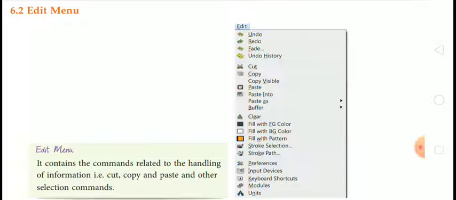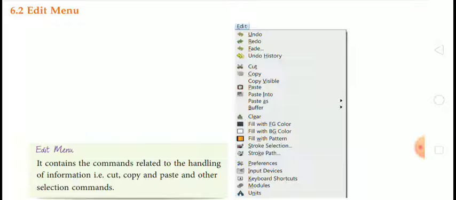The next is copy visible. Paste option: what you have copied, you can paste with the help of the paste option. Then paste into. After that, paste as.